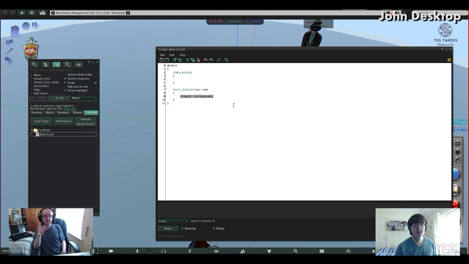Whenever you do touch start though, do you have to have brackets? Yes, those have to have brackets. This is called a signature. In all programming languages and scripting languages, they're called signatures. Think of it as a function, but it's not actually a function. This is called an event in Second Life. It's important to know about events. Every object has different events to do different things. State entry is an event that, when you rez the object on the ground,